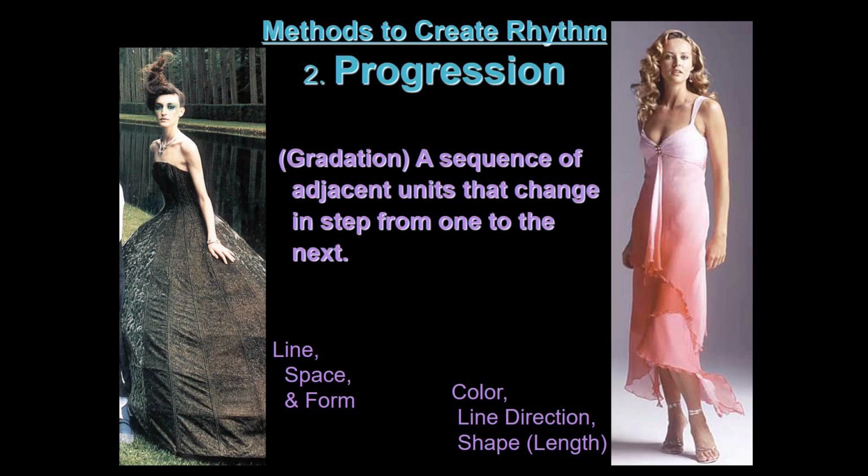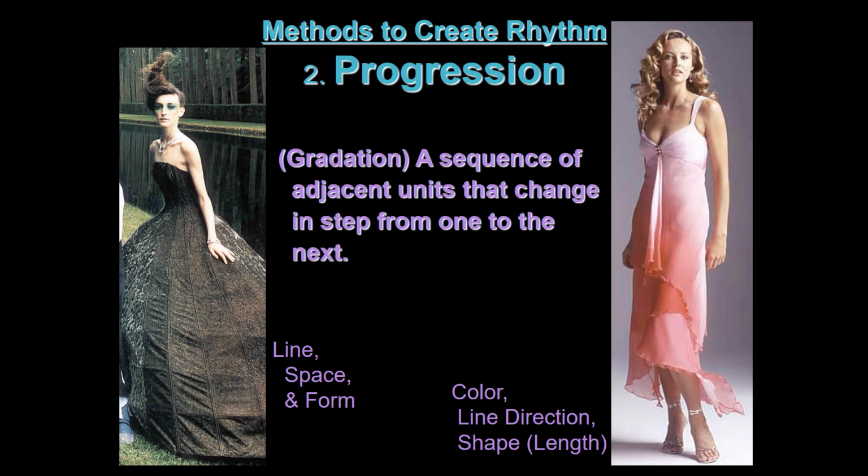So we can do that in a couple different ways. So one might be in a more structured way, like the garment on the left. So this structure here, this underlying cage, really uses this concept of progression as the cage sort of nips in very small at the waist to emphasize that tiny form, and then really progresses and gets larger and larger, and you can see those lines sort of creating this idea of movement into the fullness of the bottom of the